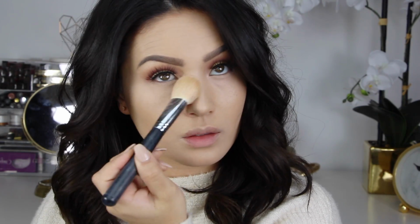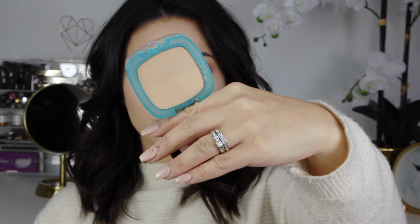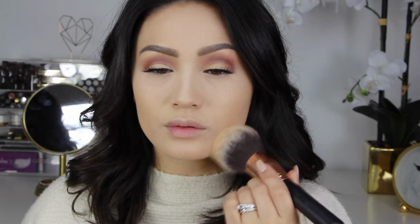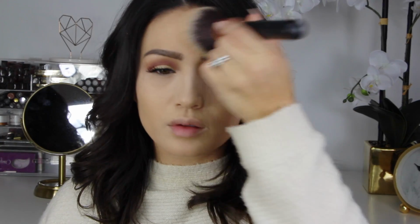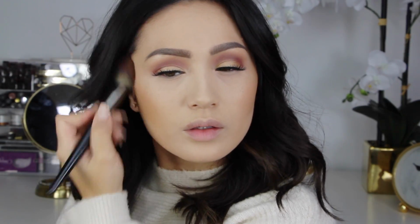No color powder, and setting the rest of the face with the L'Oreal Pro Glow powder. I love this because it has that split pan. So one side is just a traditional powder, the other side has a little bit more of a glow to it. So I just swirled the 2 together and it gives a really nice finish to the skin. So I am just setting the rest of my face with that, and then it's time to bronze with this